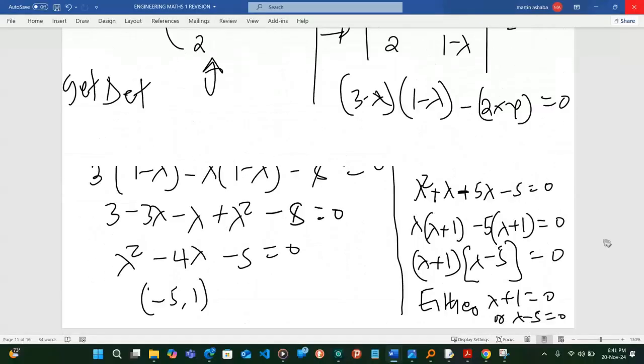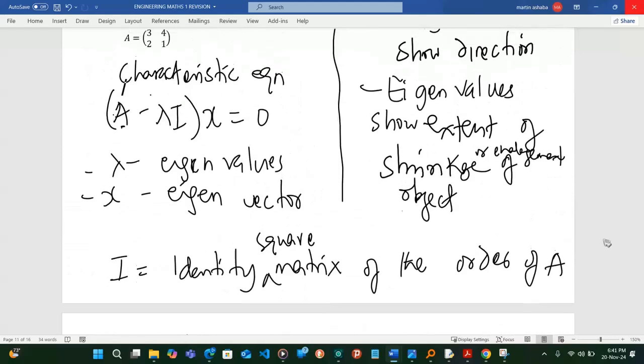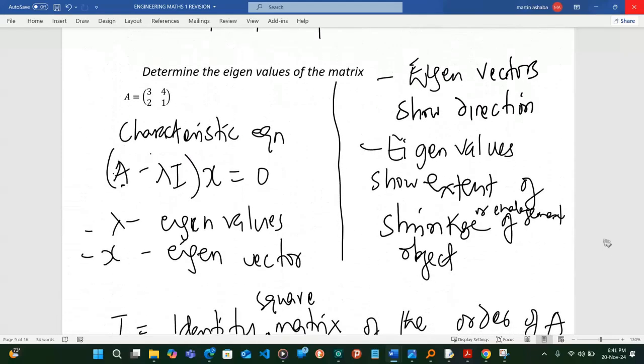So, ladies and gentlemen, we have been given a question to determine the eigenvalues of the matrix 3, 4, 2, 1. And we said the eigenvectors show the direction, the eigenvalues show the extent of shrinkage or enlargement of the object that has been transformed by matrix A. And now,